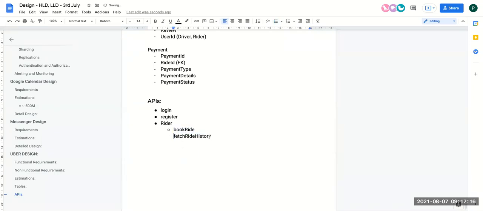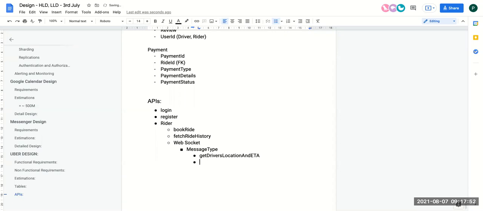we'll actually have a WebSocket connection here. Why do we need a WebSocket connection? Because we need to keep fetching the data, the driver's location. We have discussed that, right? In the WebSocket connection, there can be message types. What will be those message types? The first one can be get driver's location and ETA. This will be my first one.